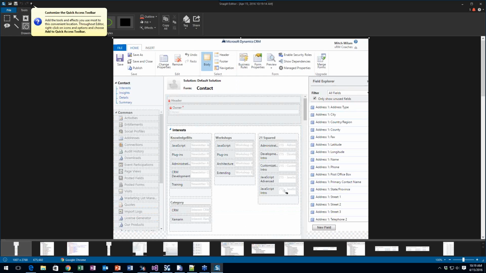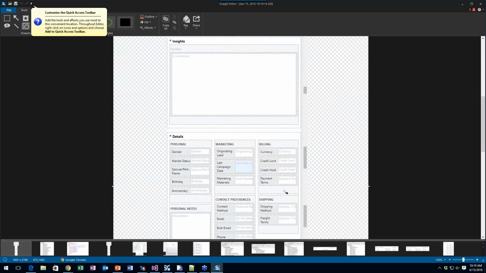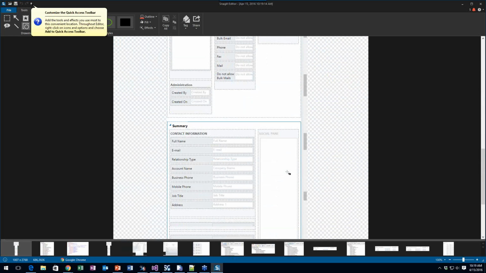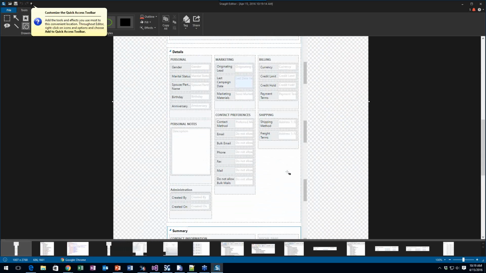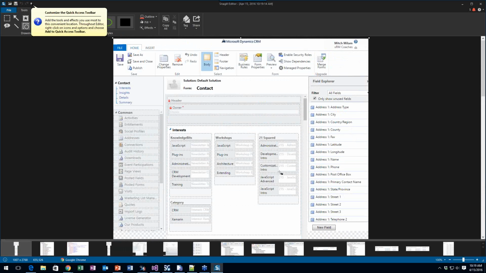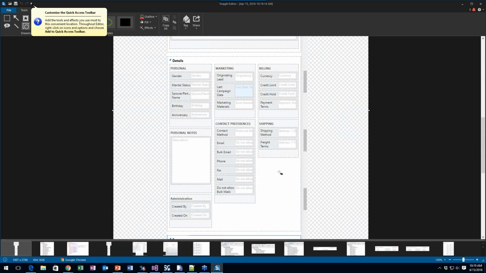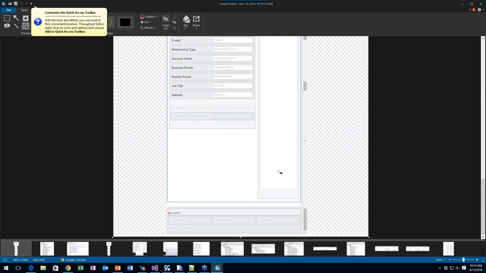Okay, so let's see what it captures. Okay, that seemed to actually work. So here is documented my entire form layout. So then all you have to do is go into the form editor for any form of any entity,